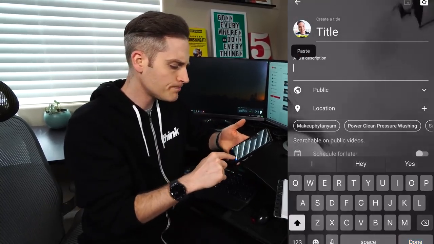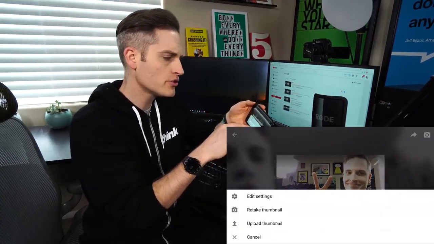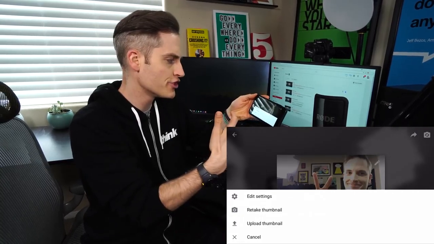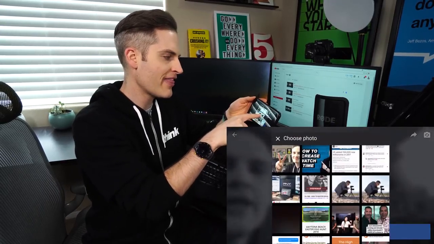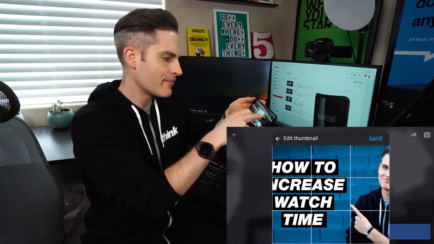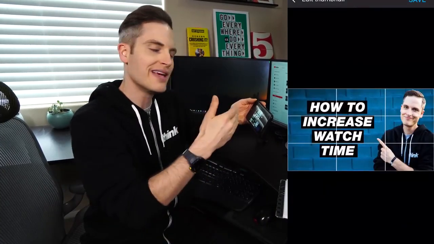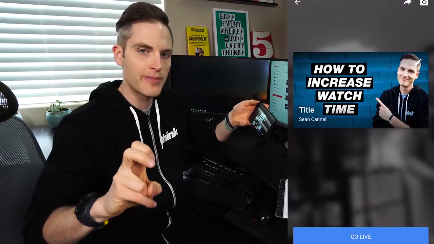So once you're good to go and you have everything entered, just click next, and it's going to give you the option to take a thumbnail. It'll give you the countdown. Boom, and you can use that thumbnail that you take right off your phone, or you can also click this pen icon and retake the thumbnail if you didn't like the first version, or you can also upload a thumbnail. And what's cool about that is maybe you've designed a thumbnail in Photoshop, which is pretty important to do. You can then just select that and upload that to have more of a pro thumbnail